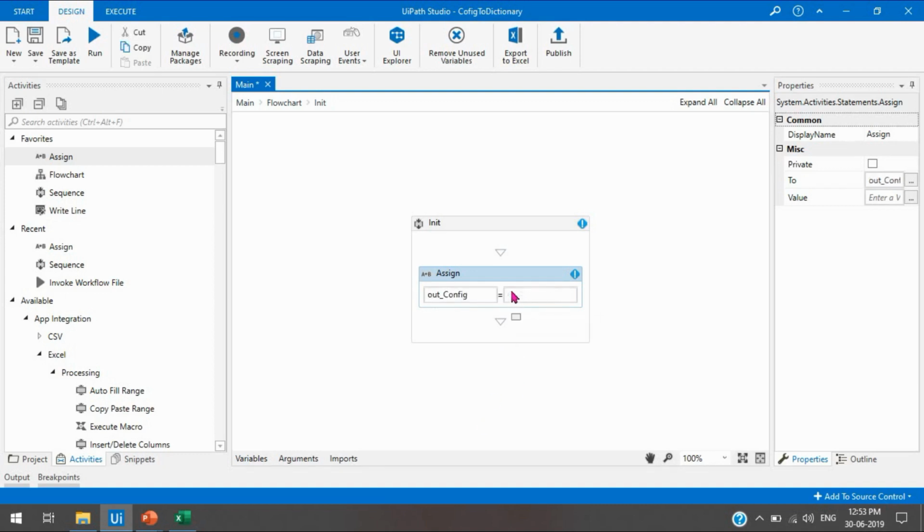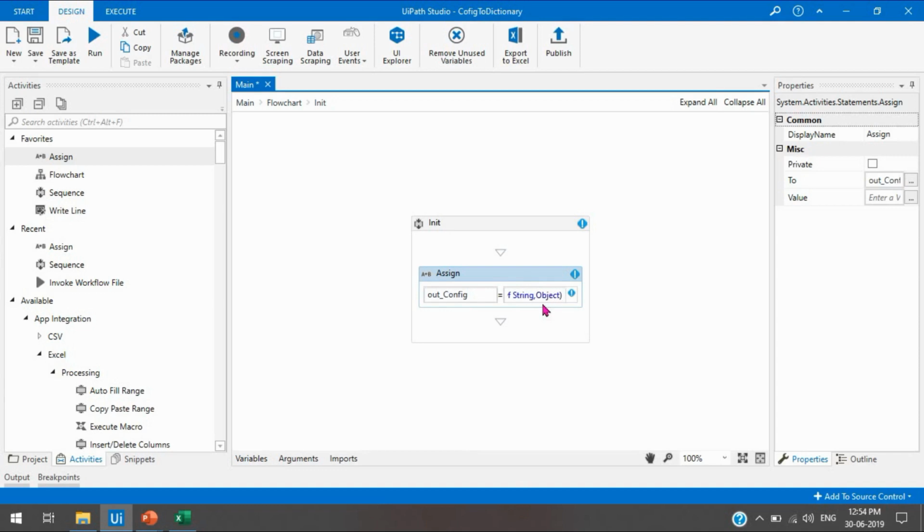And now here we need to pass the new dictionary. Once we press Ctrl Space, it will show the list of methods and properties. Here it's showing Dictionary of, so we need to take that. It means we are going to create a new dictionary of string type of key and object type of value.